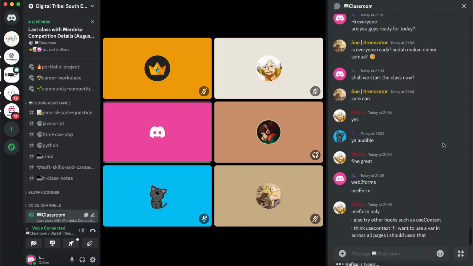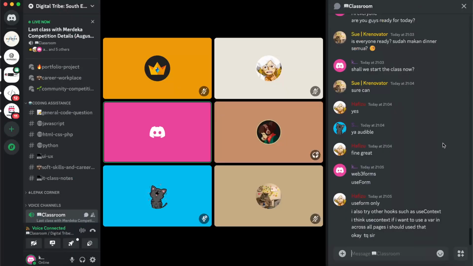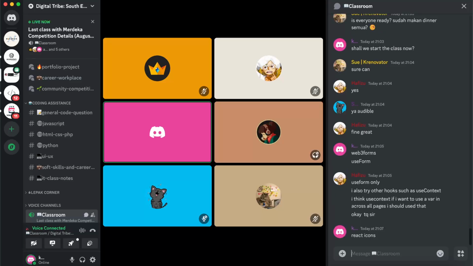So today we'll be improvising our contact form. Then I'll be introducing you to React icons. Usually when you develop a corporate website, we like to have some